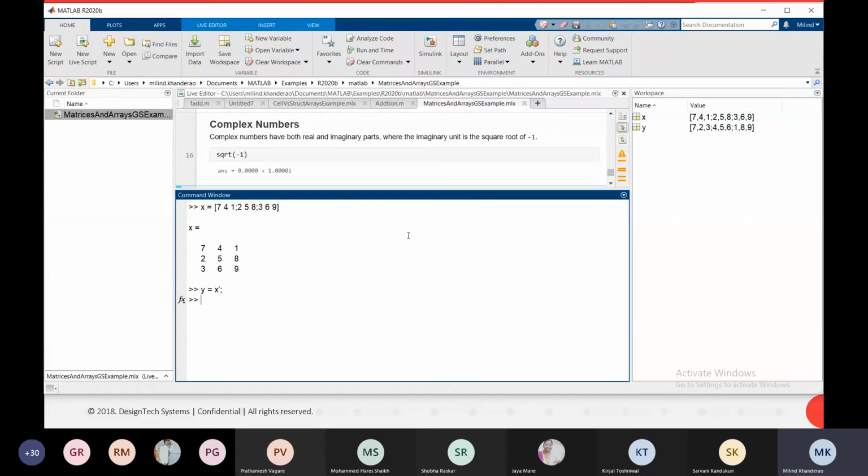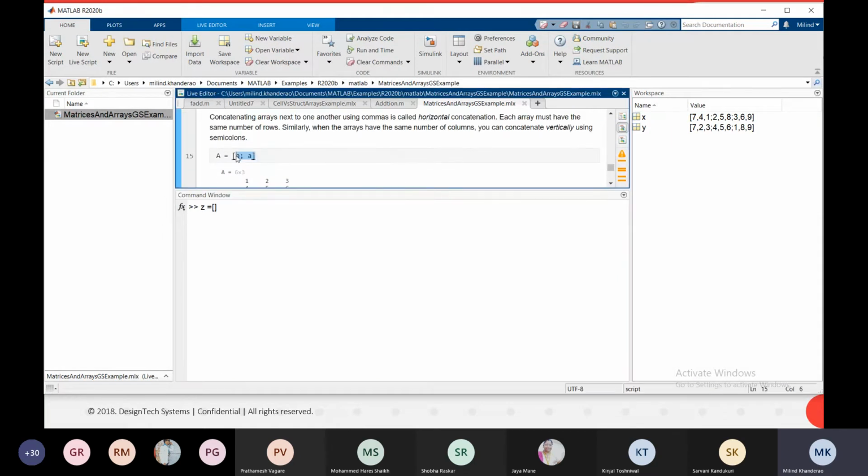For different, we should have different elements. So right now x has this 3 by 3 order, with these contents, and y has this different order. Now I want z, which is equal to, so let me show you the format of concatenation.